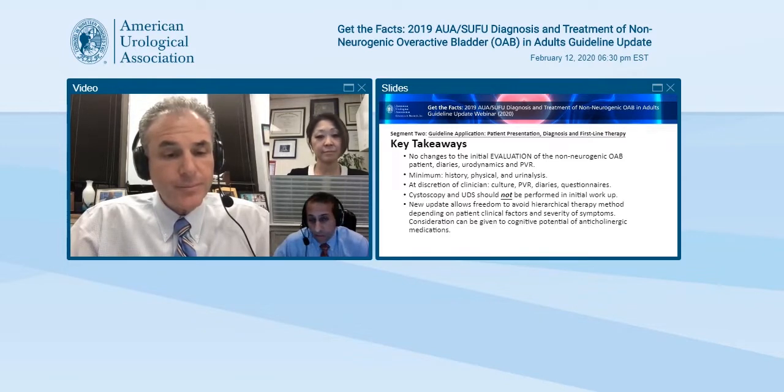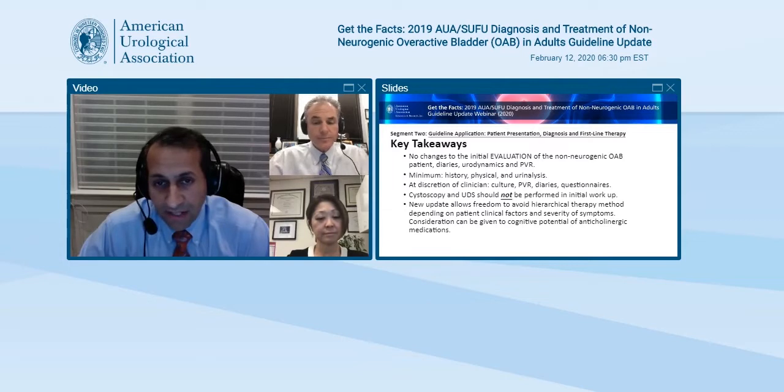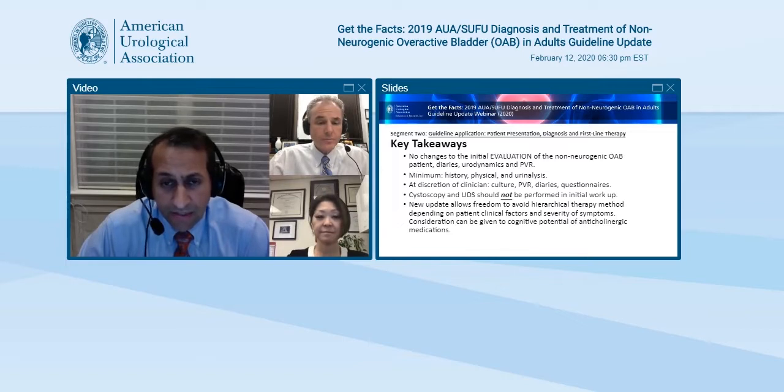Yeah, so I think one thing we're learning more and more is the consideration of cognitive factors in so many of our patients. With this cognitive potential specifically of anticholinergic medications, we wanted to give the clinicians some flexibility to perhaps even avoid that selectively. And if they felt something like tibial nerve stimulation or another therapy was more appropriate, they can do that to potentially avoid the side effects or harm that could come with cognitive side effects that can come with medication. So we wanted to make sure that, again, avoiding that hierarchical least invasive to most invasive therapy mentality, and again, giving the clinician a little bit of flexibility to avoid these side effects.